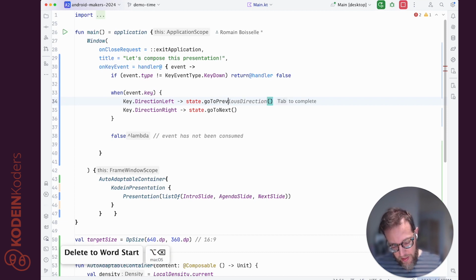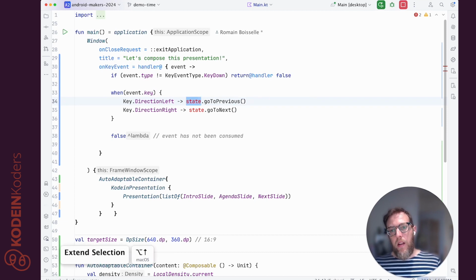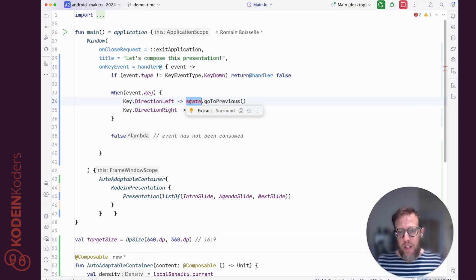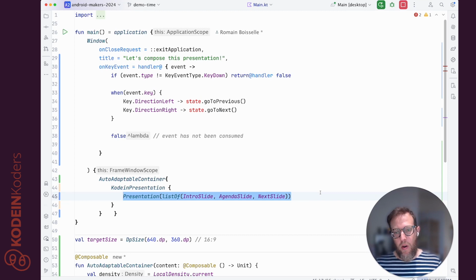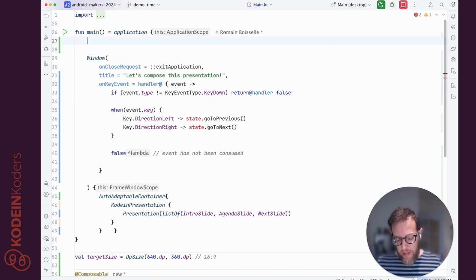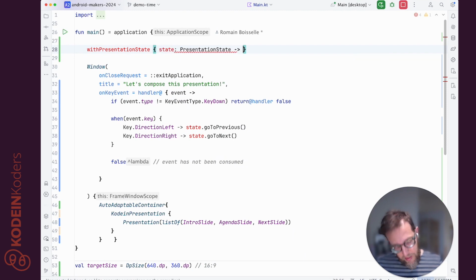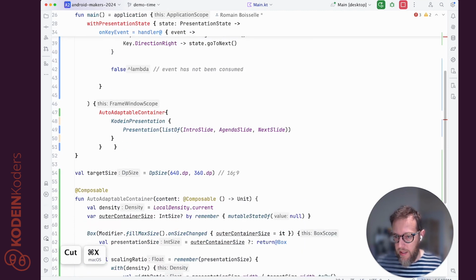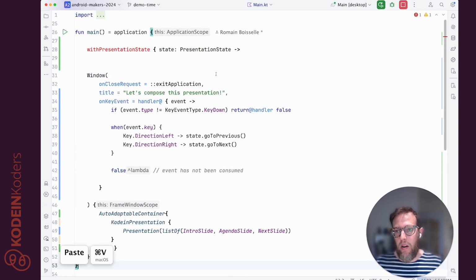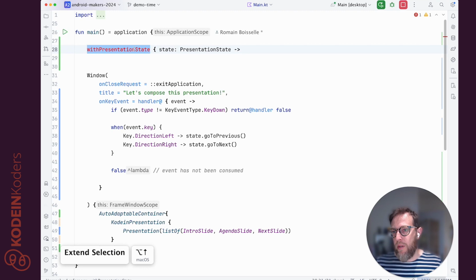But you probably see that this is something that is not possible, as there is no state reference yet here, as our state is defined inside the presentation. So obviously I will need to create my state inside an upper scope. So let's assume that our window is wrapped in something that knows about the state, and let's encapsulate our window in it. So now we should be able to call our goTo functions, and what remains is to